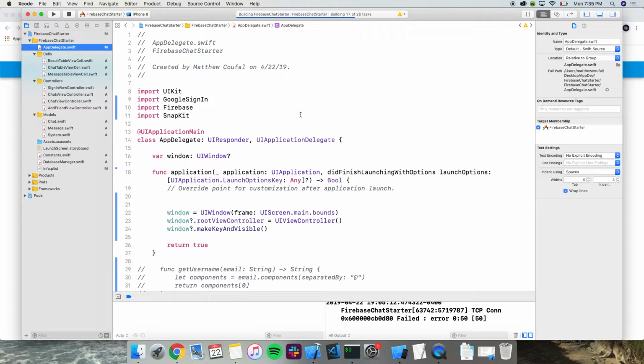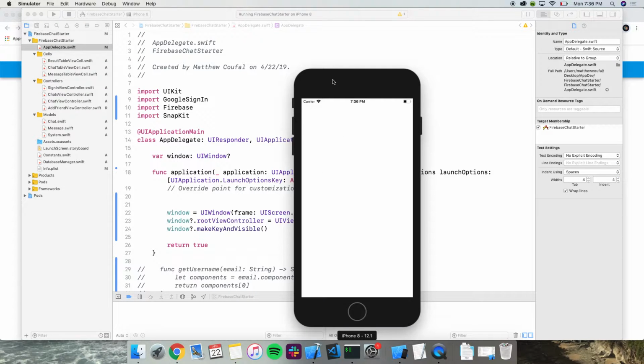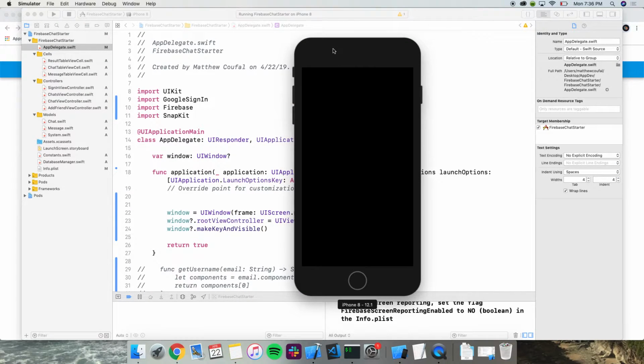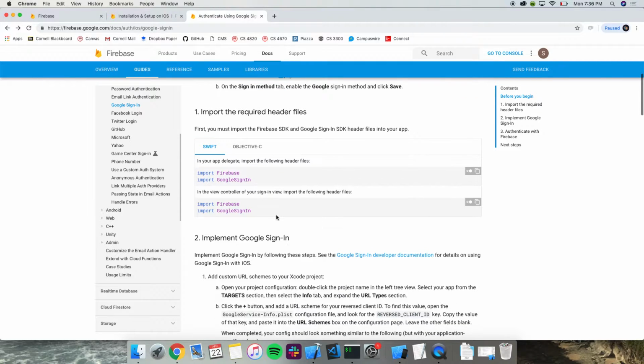I'll show you that. Yeah, nothing happens right now. What we're going to do is enable Google sign-in first. If you have the project in your directory, if you could install the pods real quick. Do you want to follow along? Okay, we're good.